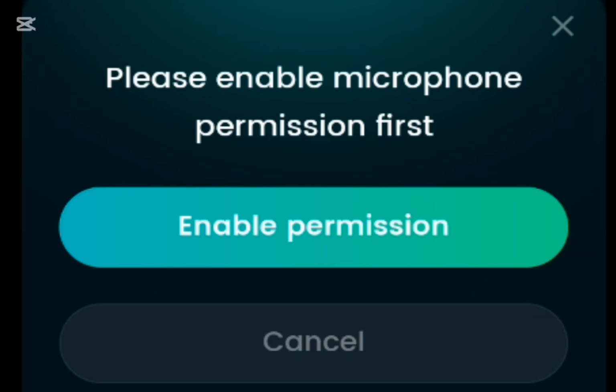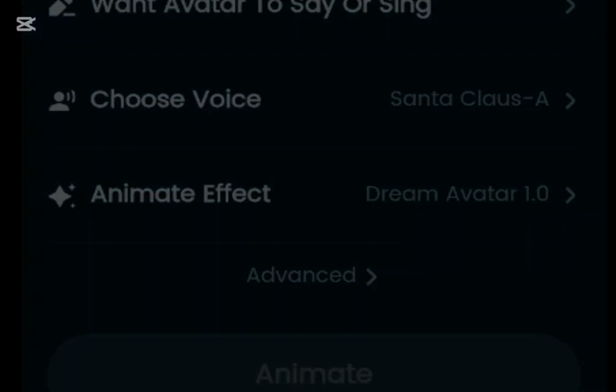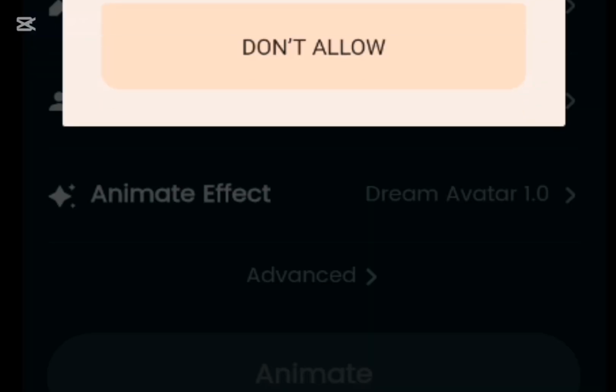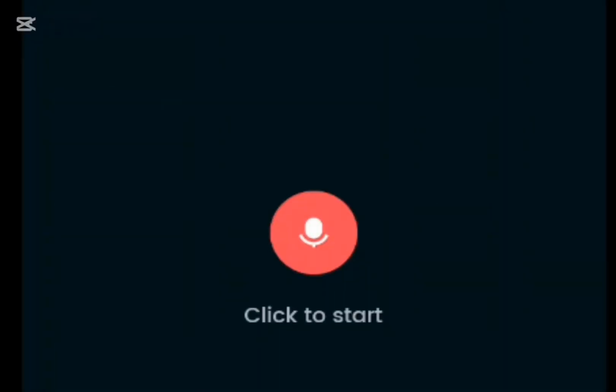Please enable microphone permission first. I say okay, I enable permission because I'm going to use my microphone. Now for me to record, I'm going to click here to start. Let me start. I click here.